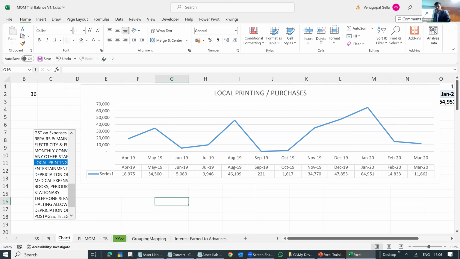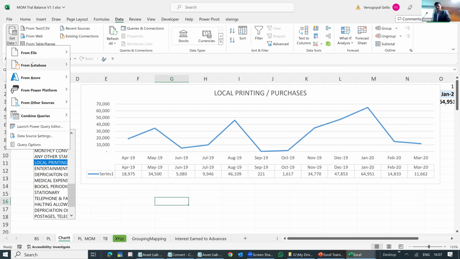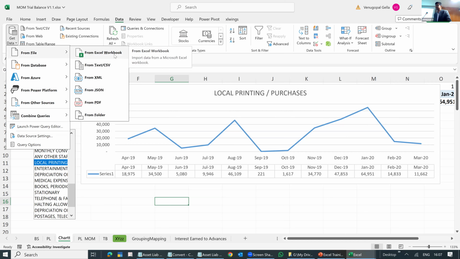Again, if you go to your data, get data from file, you say from Excel workbook. It will ask you to select the Excel workbook. The moment you click the Excel workbook, it will show the sheets. You just need to select the sheets and hit the button called load. It will merge automatically and load it one below the other. The only condition here is all the sheets should be in identical format. That's all. Whether it is having 1000 sheets, don't worry.